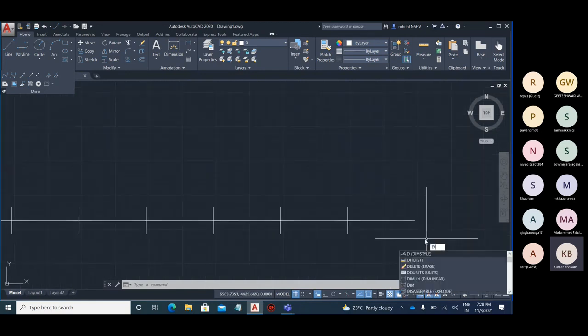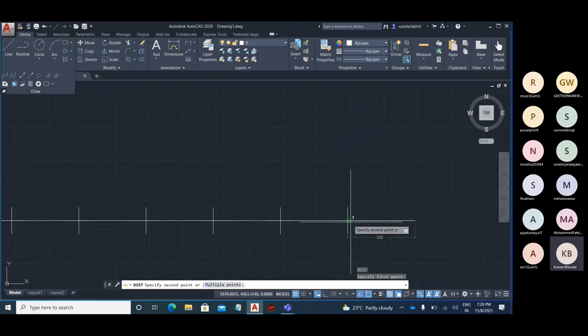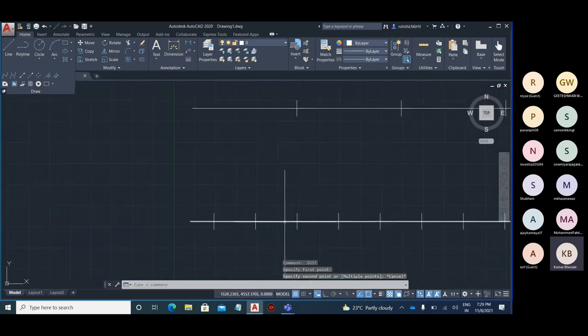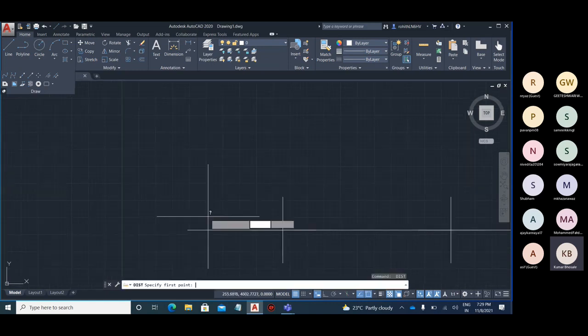If I come over here and give dist, you can see this is 500. After that, from here to here is also 500. All the parts are 500, except the last part. Let's check the last part. It is